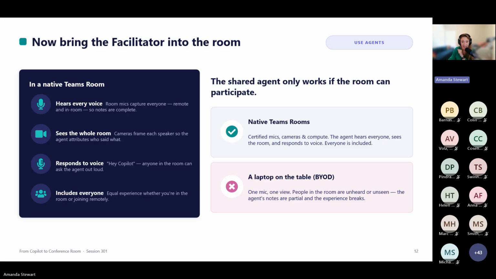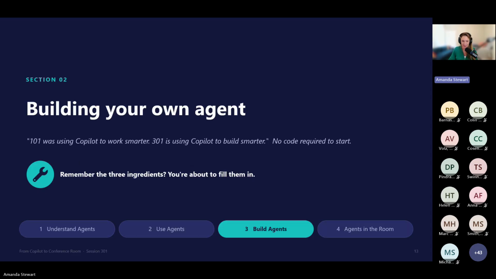The shared meeting AI experience, the thing that the customer or your organization paid for with their Copilot licenses, quietly breaks. And this is the unlock for us, right? So the agent is the reason the room hardware suddenly matters. I mean, we in this industry think it's always mattered, right? But in terms of AI investment, AI productivity, building agents in an agentic workforce, this is where it matters. Copilot makes the room a participant, but only if the room is equipped to participate. So hold that, because we'll bring it home again at the end. But first, let's look at building agents.